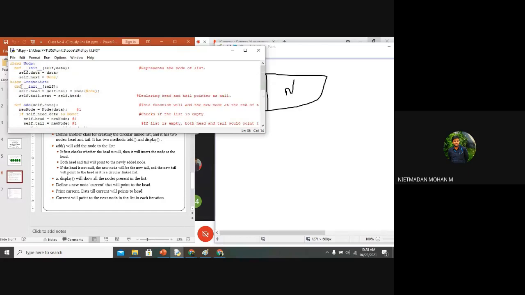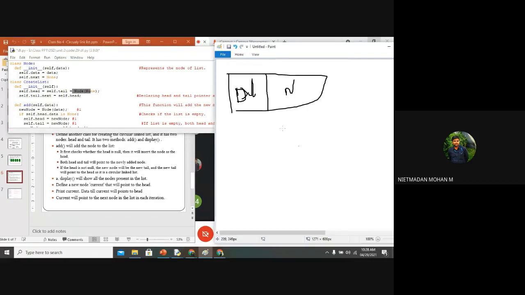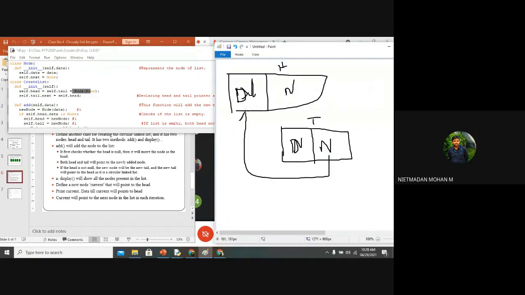you can see here, in this class create linked list function, what I have created is self dot head is equal to self dot tail is equal to node of none. So here I am creating another node, self dot head. This represents the head, and this is the representation of tail, which consists of data. The data will be none, and the address of the other location will be none. The next step, the self dot tail dot next value will be the self dot head. Clear for these 5 lines?